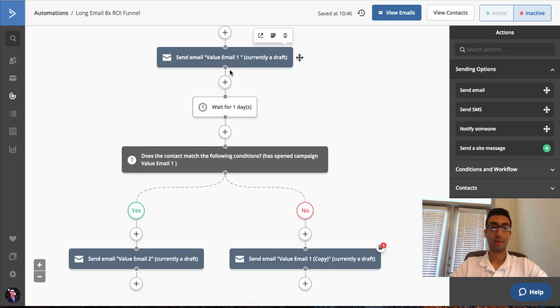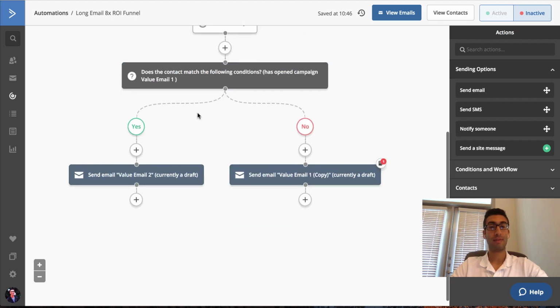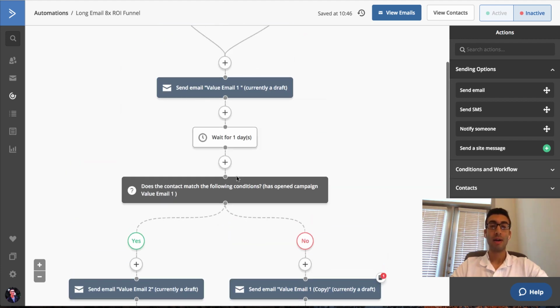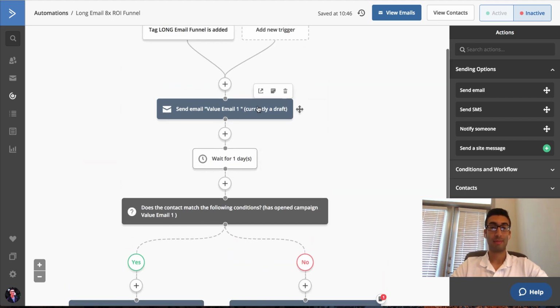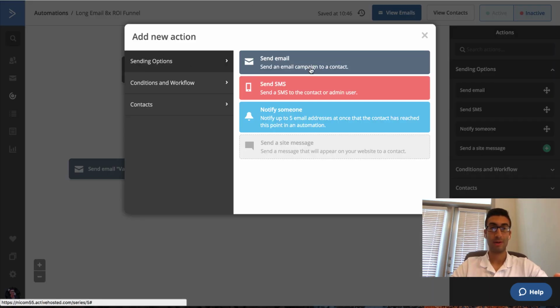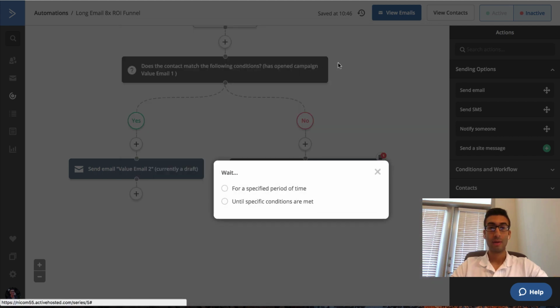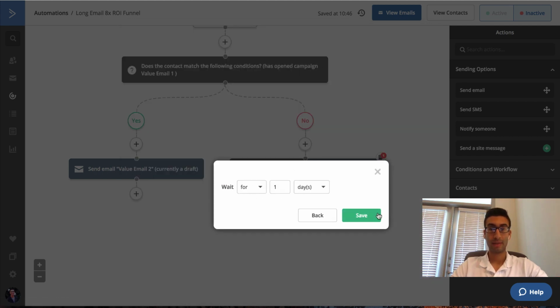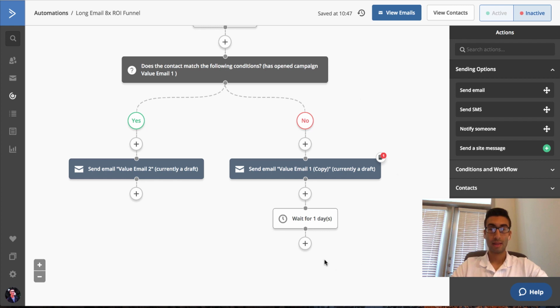Okay, so we've got day 1. So for some people, this is going to be day 1, and then this is going to be day 2. But for other people who don't open, this is going to be day 1, and then this is going to be day 2. So then what we would do here is what Alex Becker says to do next. We're going to wait for a specific period of time, wait for 1 day, and then we're going to send them